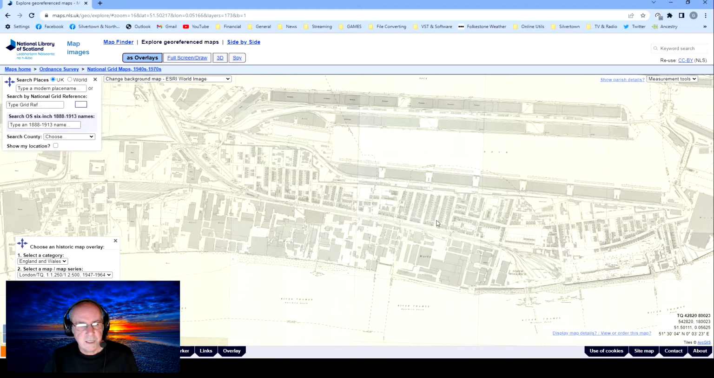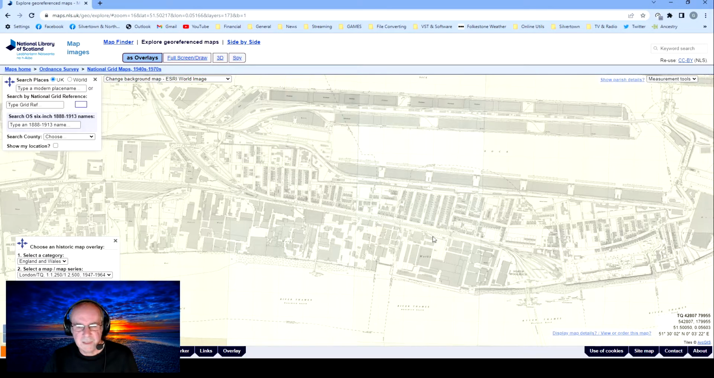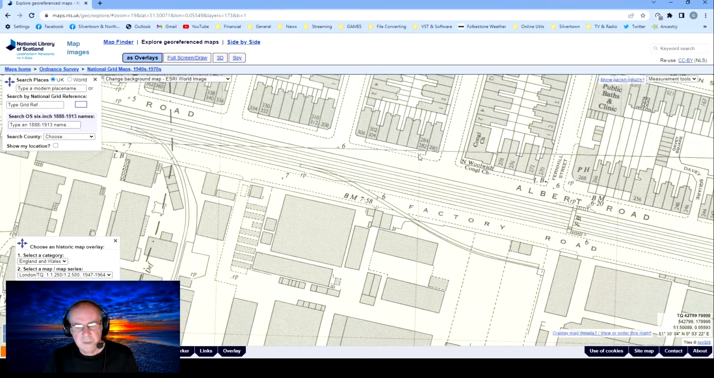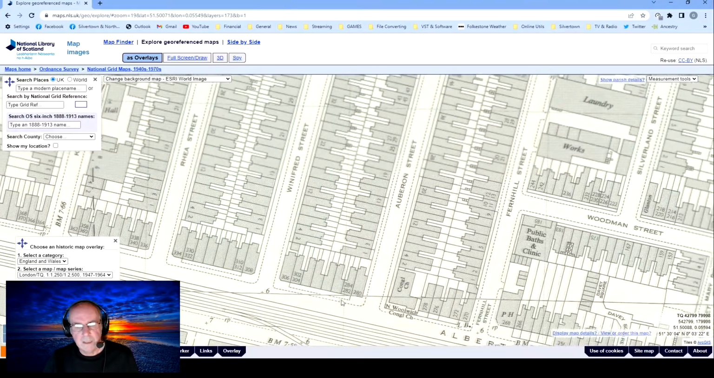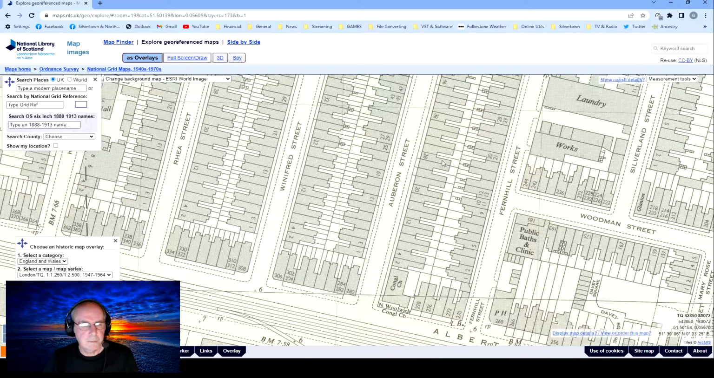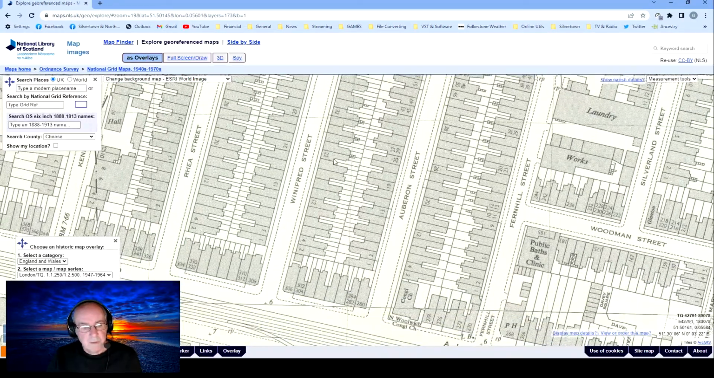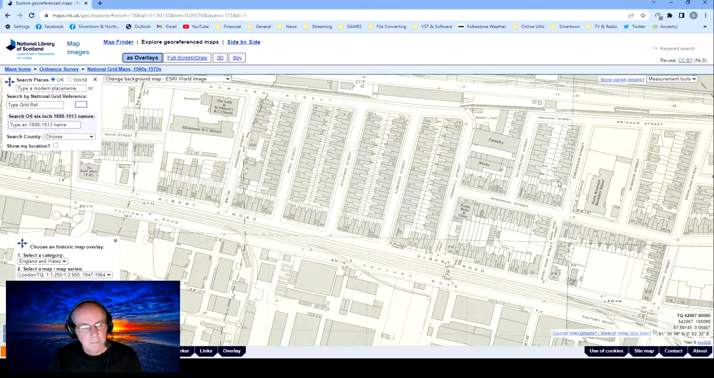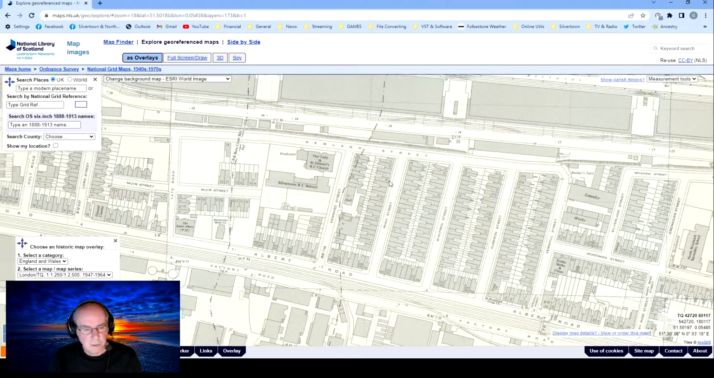So here we are with a 1950s map, I think. Yeah, it's 1950s. Now, the wonderful thing about this is that it comes with door numbers. So if your ancestors lived at 22 Winifred Street, there it is. So far, so interesting, you say, but it also comes with a lot more information. Churches, schools,